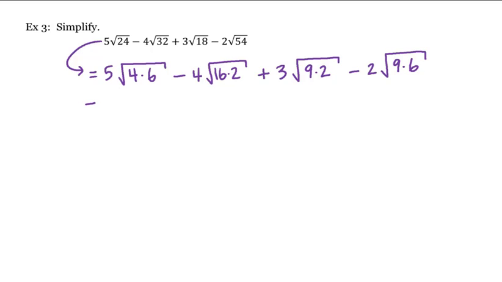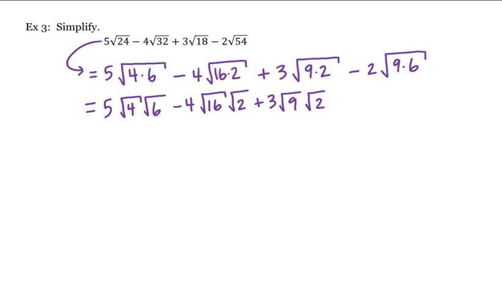Again, by properties of the radical, this is equal to 5 times the square root of 4 times the square root of 6 minus 4 times the square root of 16 times the square root of 2 plus 3 times the square root of 9 times the square root of 2 minus 2 times the square root of 9 times the square root of 6, which is equal to 5 times the square root of 4, which is 2, times the square root of 6 minus